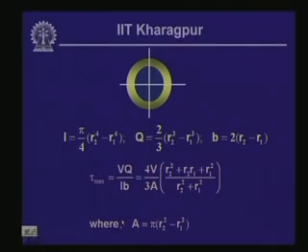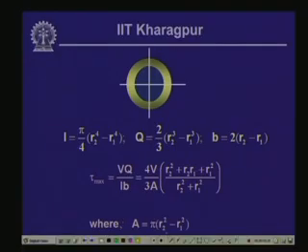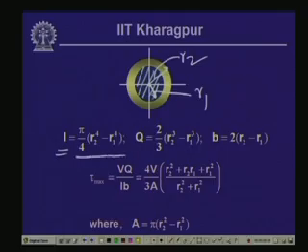Now, this can be extended to the cross section which is like this, an annular section or a tubular section, where this part is open, and let us assume that the outer radius is r 2 and the inner radius is equal to r 1. Now, as we have seen, the moment of inertia I is equal to pi by 4 r to the power 4. So, if we subtract the internal circular part from the external one, we get the I of the annular part. So, this is pi by 4 times r 2 to the power 4 minus r 1